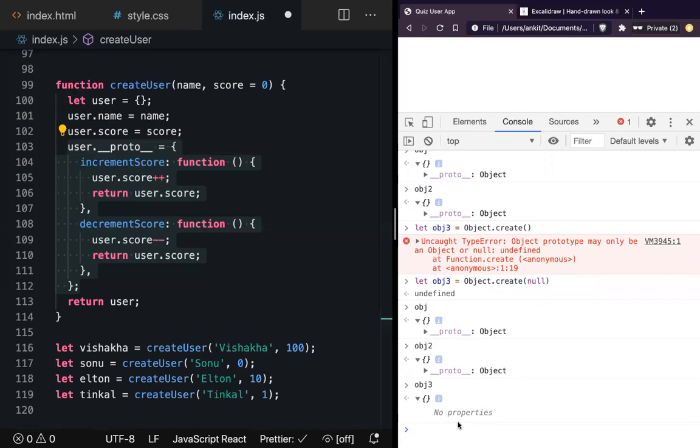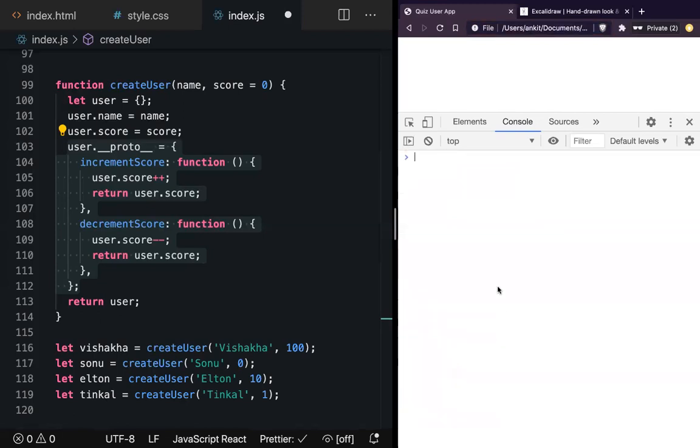What is the difference with obj3? Obj and obj2 contain Dunder Proto inside, but in obj3 there are no properties over there. And why is that? Because we are passing null here. What if I want to change that? Let's try to change it and understand Object.create properly.